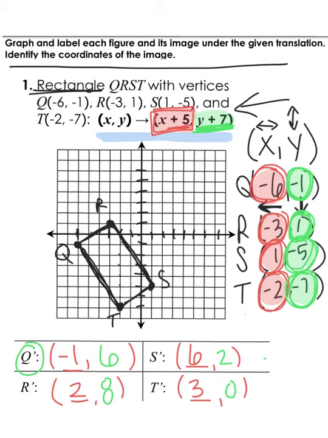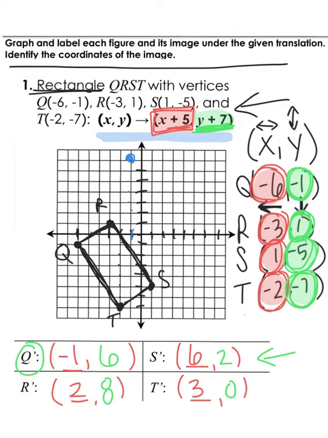So now I have all my new coordinates, but I'm going to plot them to make sure it keeps the same size and shape. Remember that we have to preserve that. So let me go ahead and change this color here to blue. So Q prime, let's plot it, negative 6, 1. So if I go back negative 6 and I go up 1,